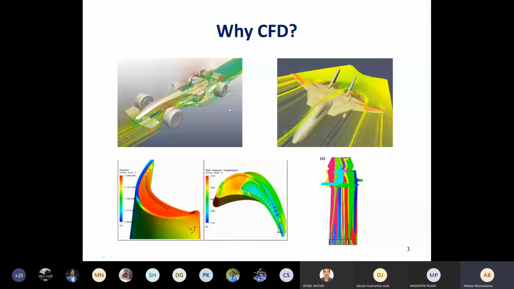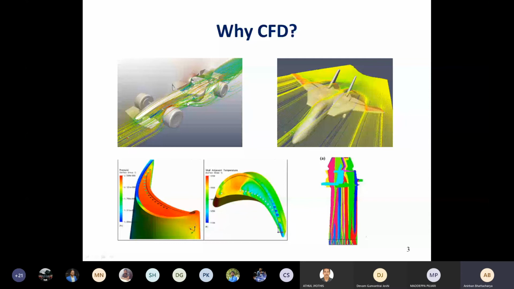So what is the other method? Analytical solution is not possible for this complex object. How will you make it into a simple analytical model? It's not possible. I cannot assume that this is a sphere or a rectangle. So the only other option is that we have to go for numerical solution using CFD, and that is what is being done by most organizations nowadays.